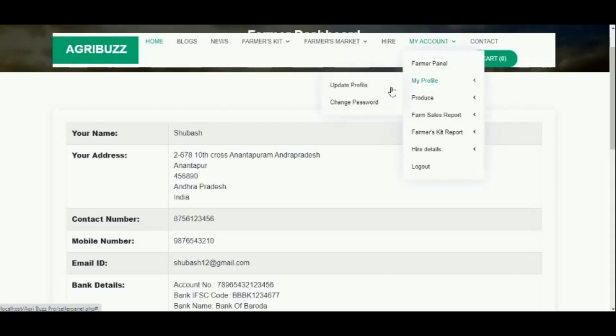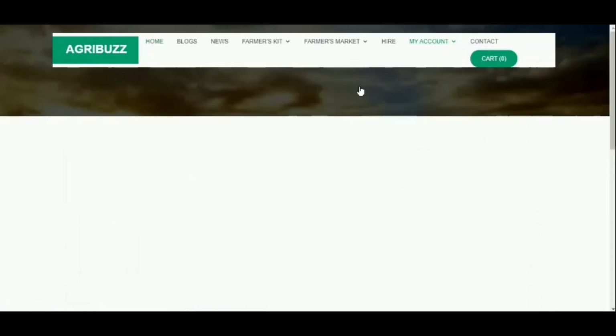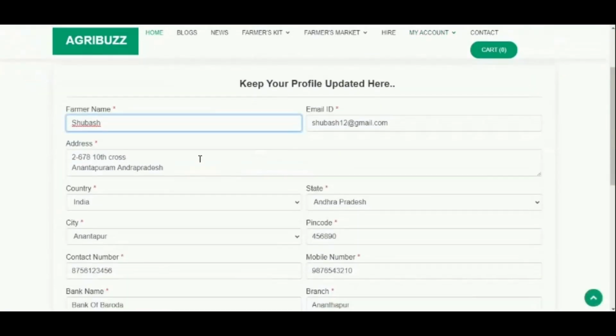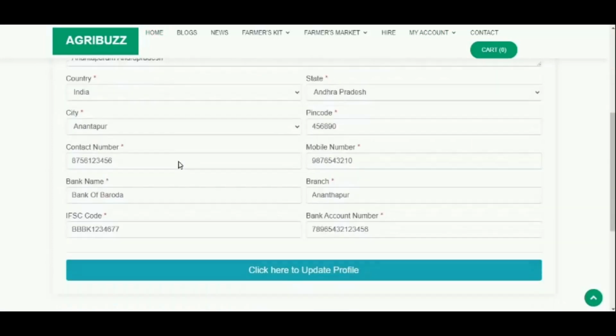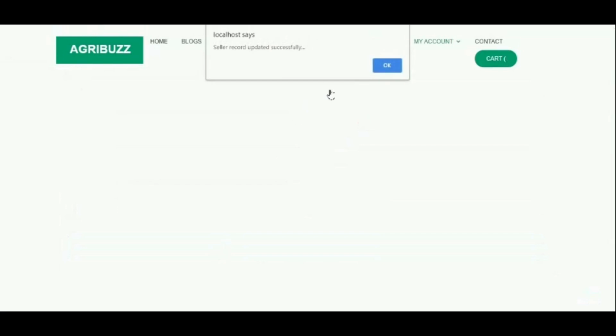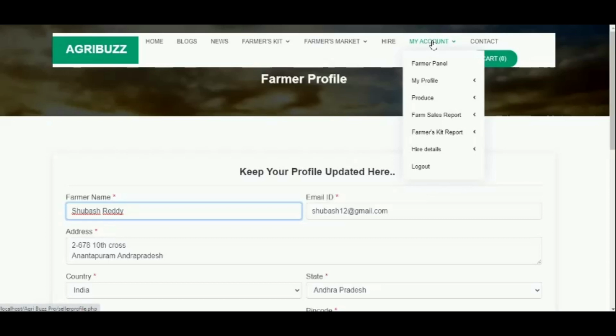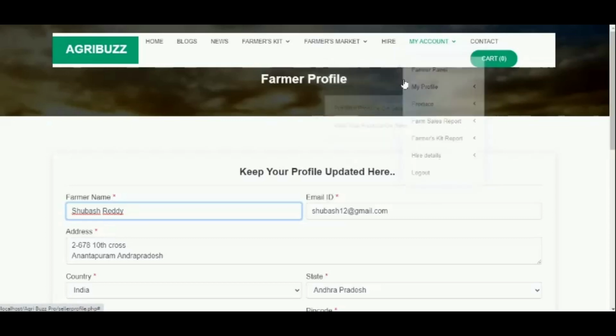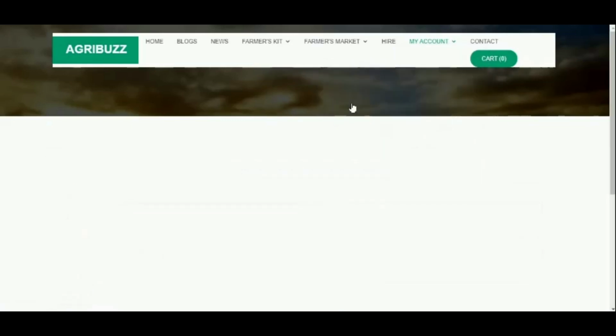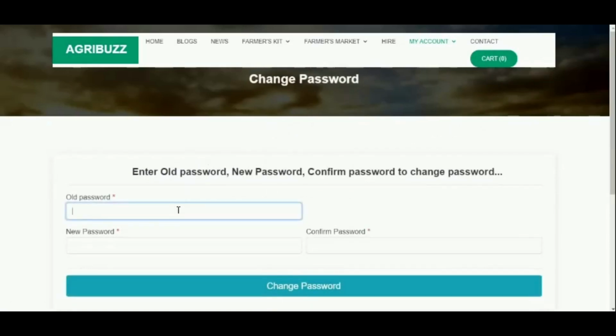In my accounts, farmer can update their profile under Update Profile. The password can also be changed by mentioning old password, new password and confirm password.